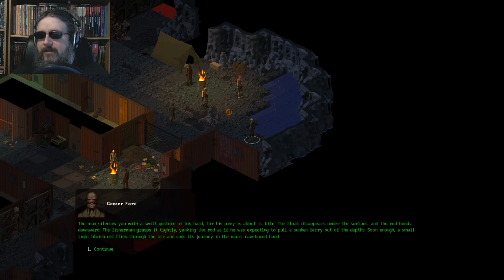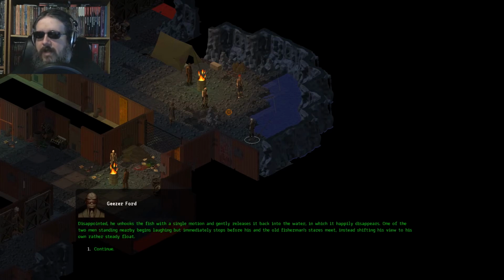Greetings, old man. Right. Fishing, are we? Okay, hi there. The man silences you with a swift gesture of his hand, for his prey is about to bite. The float disappears under the surface and the rod bends downward. The fisherman grasps it tightly, yanking the rod as if he were expecting to pull a sunken ferry out of the depths. Soon enough, a small, light, bluish eel flies through the air and ends his journey in the man's raw-boned hand. Disappointed, he unhooks the fish with a single motion and gently releases it back into the water, in